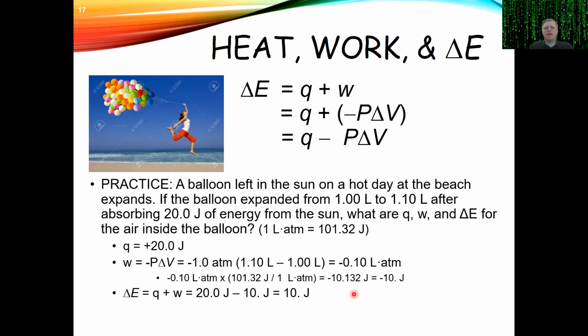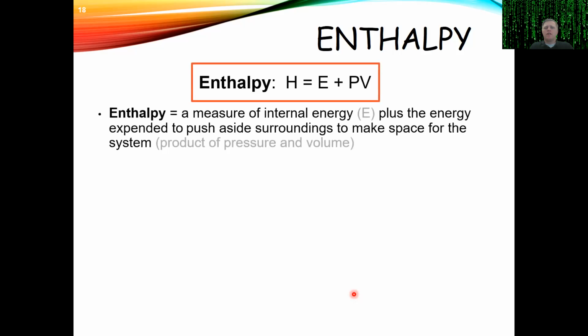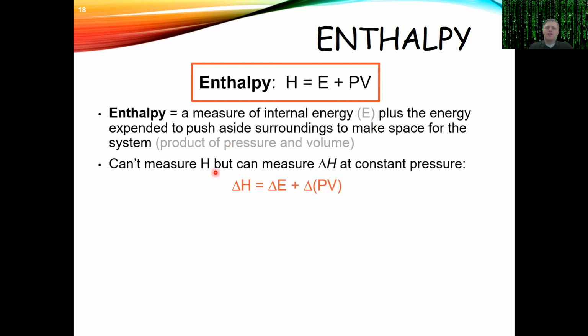All right, the last thing we're going to talk about in this lecture is something called enthalpy. Now, enthalpy is a weird thing because it's not a real thing. It's a value we came up with that's useful in a lot of other equations. Our enthalpy, H, is just equal to our energy plus our pressure times volume. And we can't usually measure our H, our enthalpy, very directly, just like we can't usually measure our total internal energy very directly.